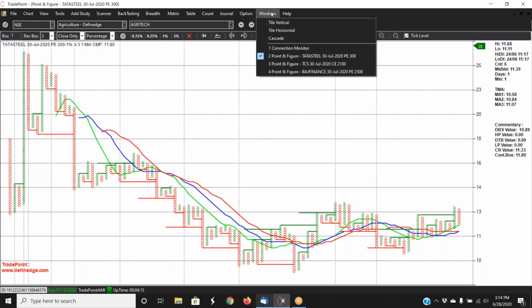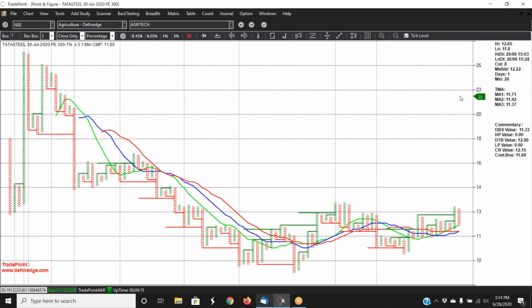I think I finished with the three trade ideas: Bajaj Finance put, TCS call, and Tata Steel put. So you'll see that most of the trade ideas which I have, except TCS, the other two are bearish ideas. So even this is pointing towards a bearish, at least the first 2-3 days of the coming week.